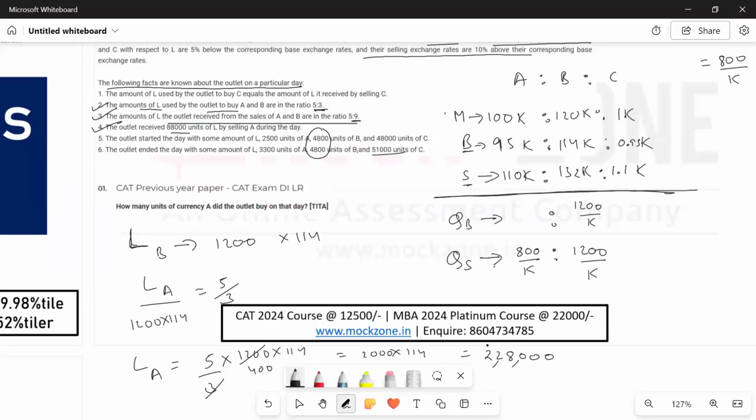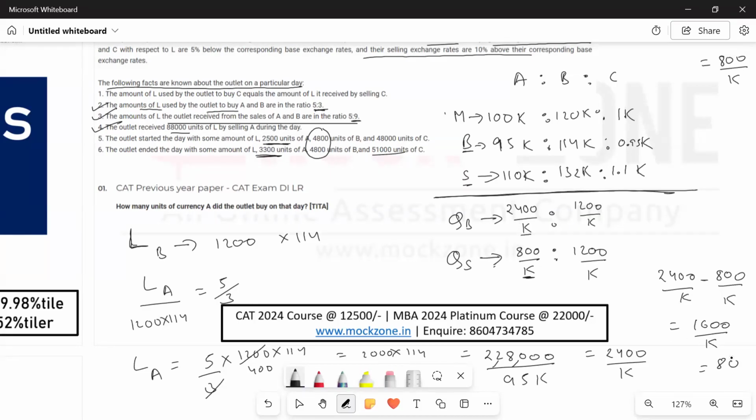तो अगर हमने इतना L स्पेंड किया है टू बाय A, we know that the buying rate of A is 95K। तो हमने कितनी यूनिट्स बाई की है, 228,000 डिवाइडेड बाय 95K, which is how much, this is equal to 2400 बाई K। इतनी यूनिट्स हमने बाई की हैं A की। ठीक है। Now we know the difference: अगर हमने इतना यूनिट बाय किया है और इतना सेल कर दिया A का, तो कितना यूनिट हमने गेन किया है ड्यूरिंग द डे, 2400K minus 800K, which is 1600 divided by K. At the start of the day it was 2500 units, by the end of the day it is 3300 units, so we have gained 800। This is equal to 800।